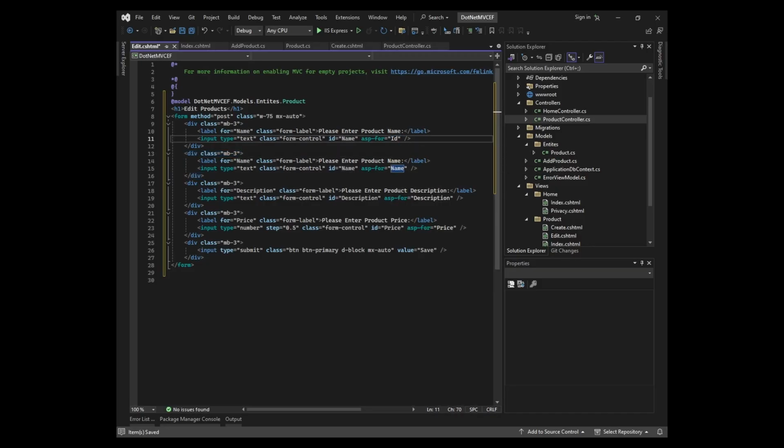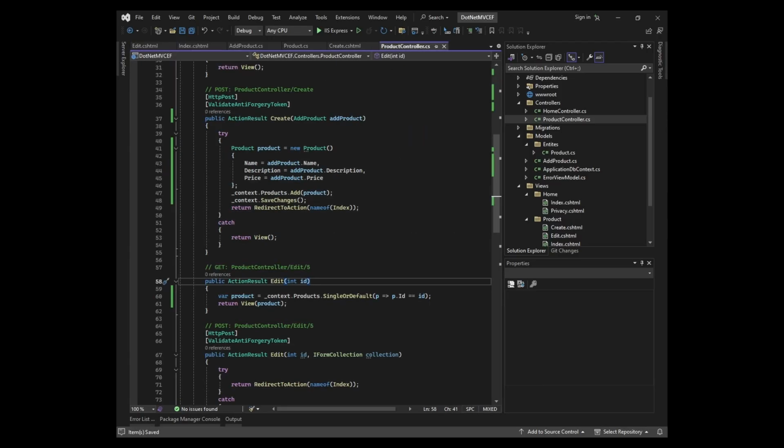ID. But the thing is that ID is auto increment and it's not editable. So we have two options. Either we are going to make it read only, or we can change the type to hidden. Okay, going to save this, and within the controller,